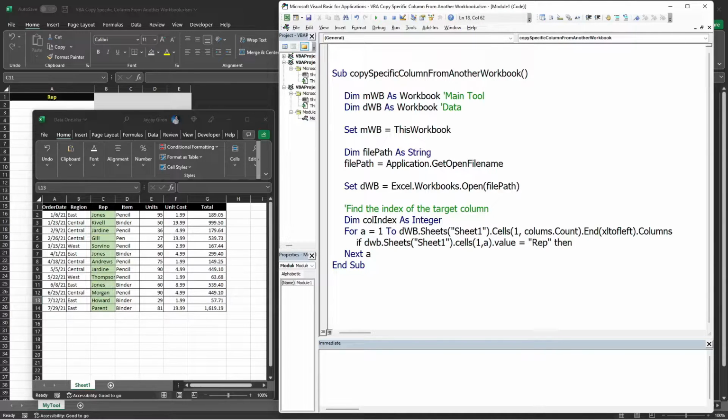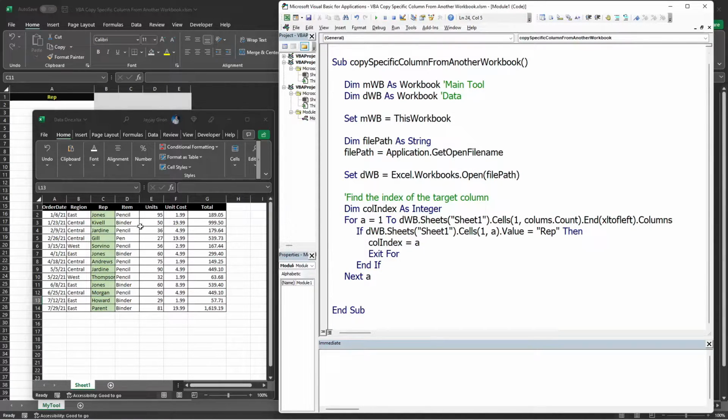If that is equal to Rep, meaning that is our target column, and if that condition is met, we will exit the loop and save that index number to the colIndex variable. At this stage, we should be able to get the column index of this column. In this example, that should return 3 because that is column index number 3.